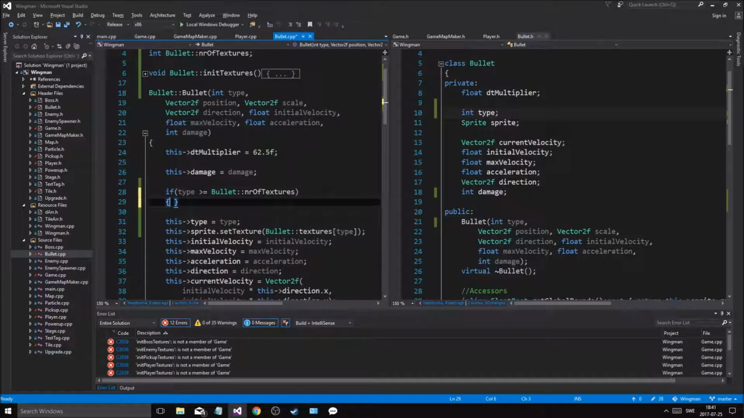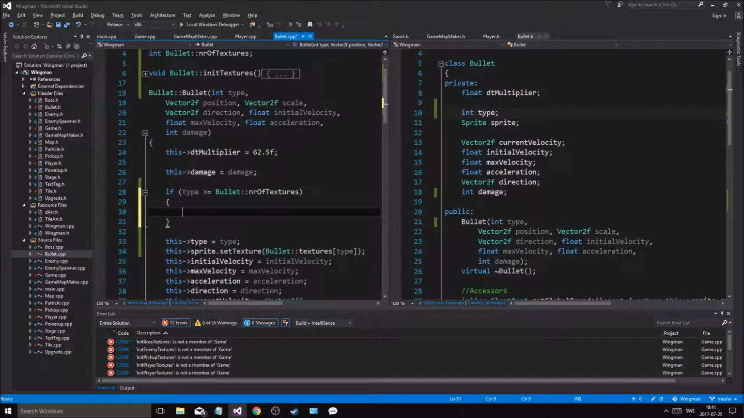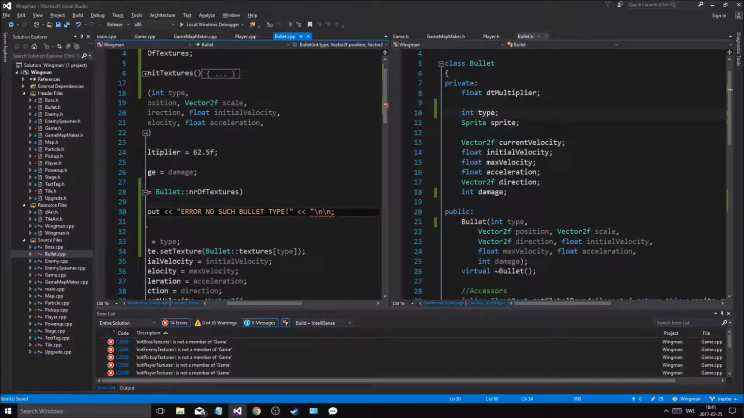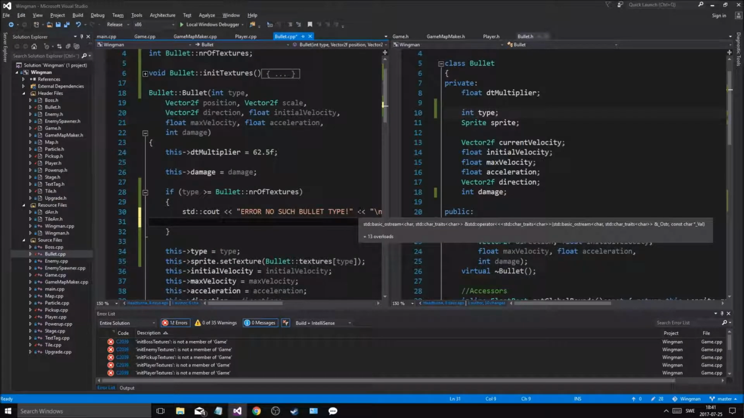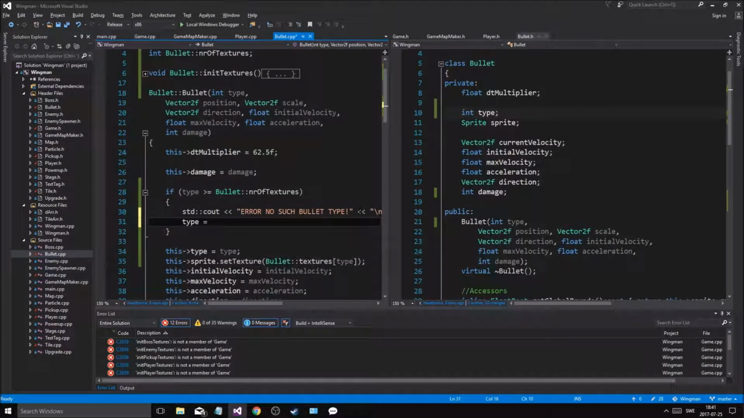let me see. We need to do this. Cout error, no such bullet in type. Okay, we'll do that. std, just print out a little error. All right, and a new line, print a little error, and then what we'll do is type equals